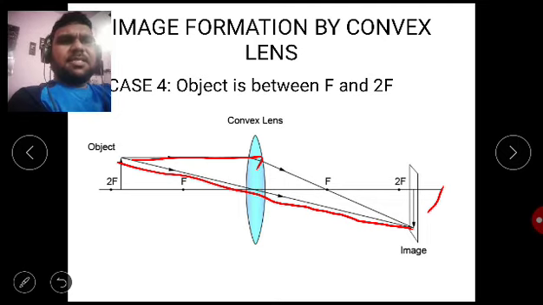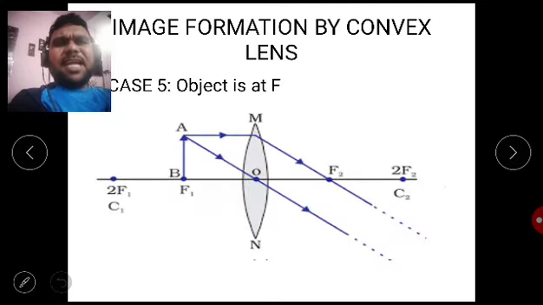These are the characteristics. So now when the object is at focus, which focus? First focus. So where will the image be formed? We can see from the ray diagram that there will be two sets of refracted lines and both will be parallel to each other. Ideally we say that parallel lines do not meet each other, but in math parallel lines meet at infinity. So the image will be formed at infinity, and the image will be highly magnified.